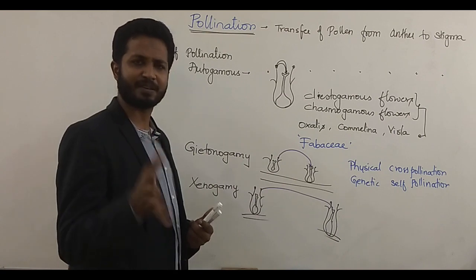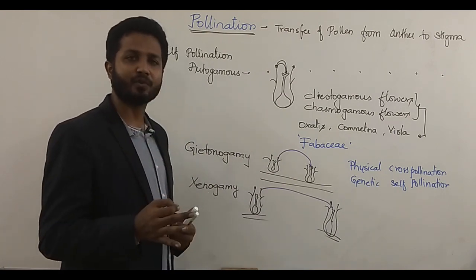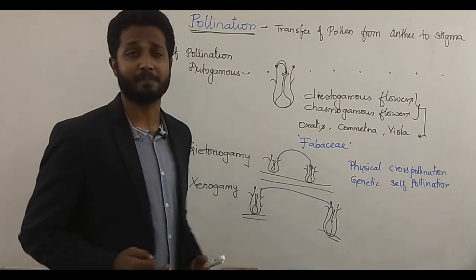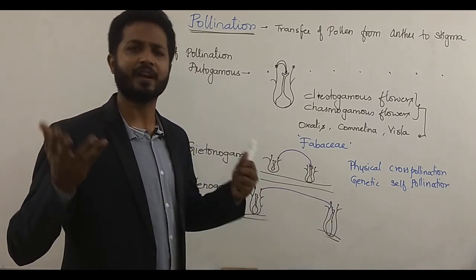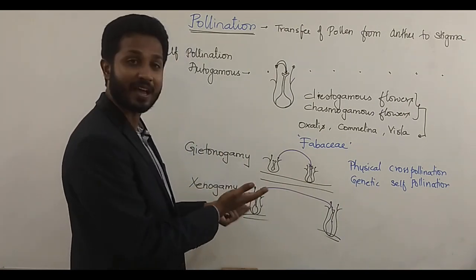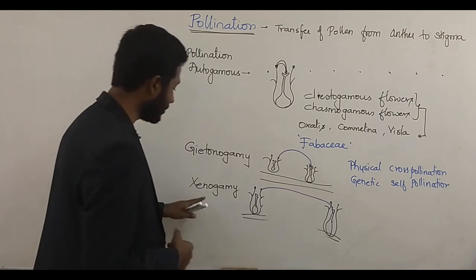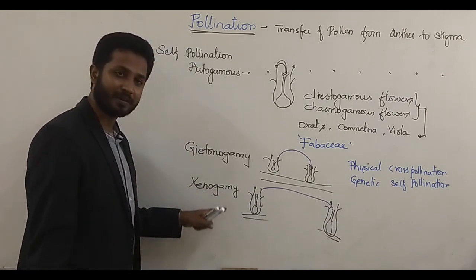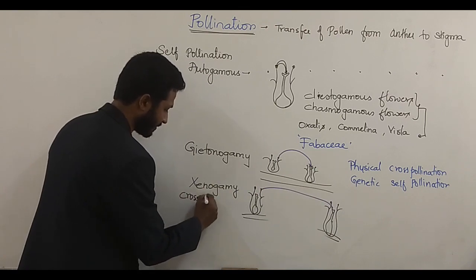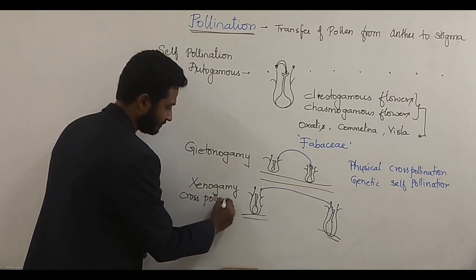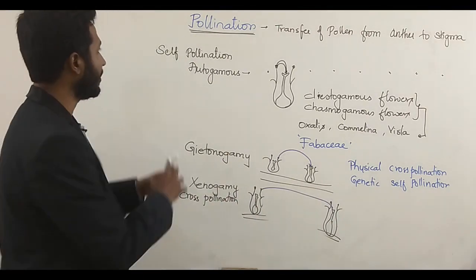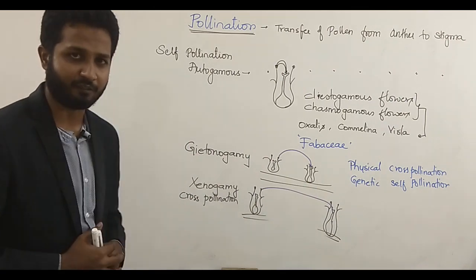Western Ghats is the best example. Every year you see n number of plants developing in the Western Ghats which were never seen by people. New plants are rising over there and the older plants are becoming extinct. So genetic variability is the one which will help in the formation of new plants. So xeno means stranger, gamy means marriage. In simple words, it is known as cross pollination. Crossing between two individuals. So that is about different types of pollination.